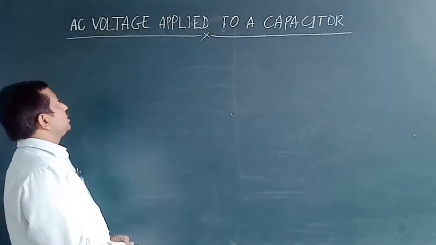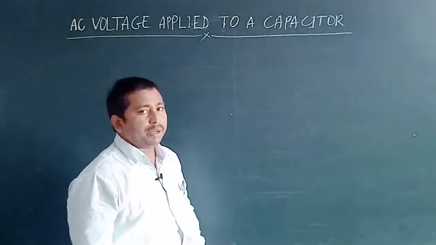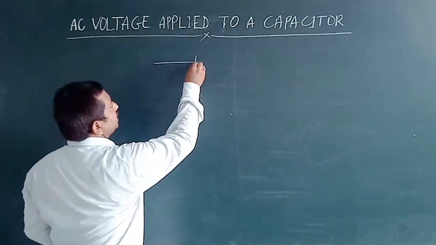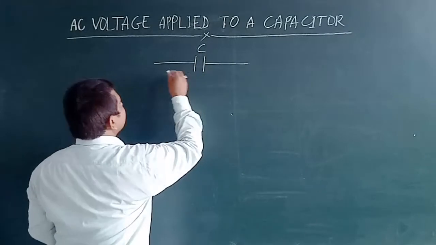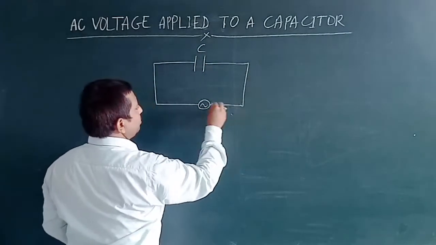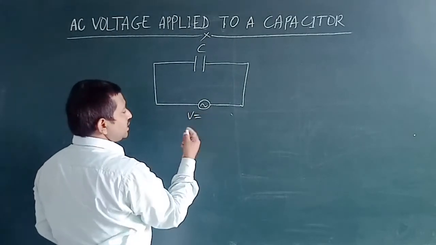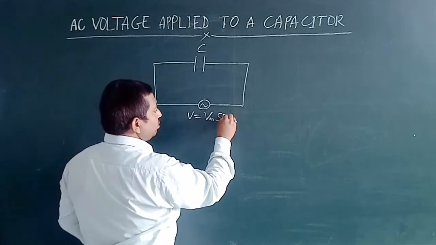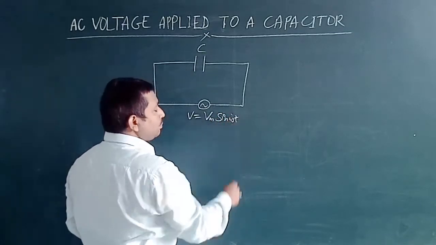Students, let us start our discussion about AC voltage applied to a capacitor. So for this, let us assume that we have a capacitor of capacitance C, and this is connected to an AC voltage source of potential at an instant of time V. So V can be expressed in terms of sine, that is Vm sine of omega t,